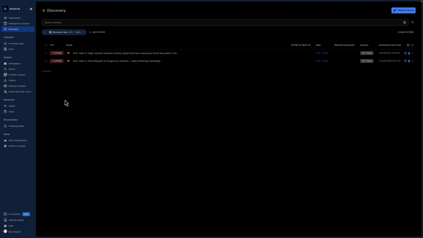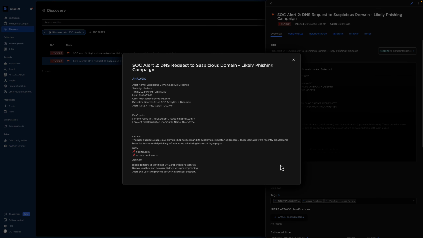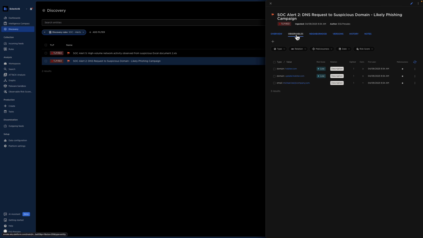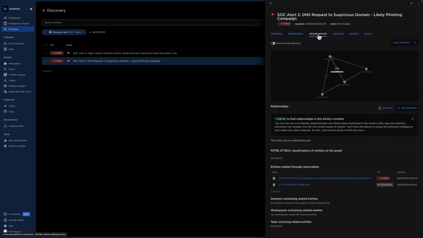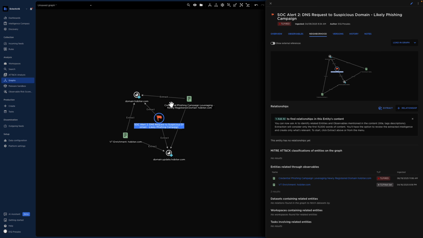In this view, we can see a couple of entities that haven't been processed yet. We can open up these entities and from the entity card view, get an idea about the threat that we're dealing with. In this case, we have some suspicious DNS activity that's been reported by Azure Analytics. We've therefore got an alert that's come into the platform together with some observables that we might want to investigate further. The platform will do some initial pivoting and access of these values, allowing us to understand whether this relates to any existing intel from other sources and to access intel from